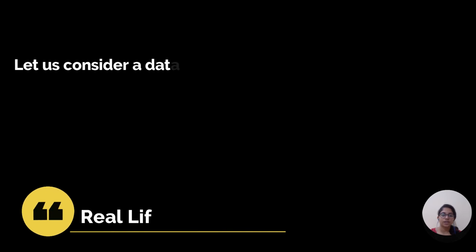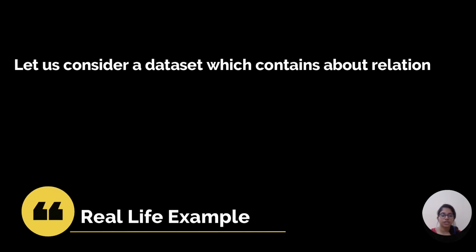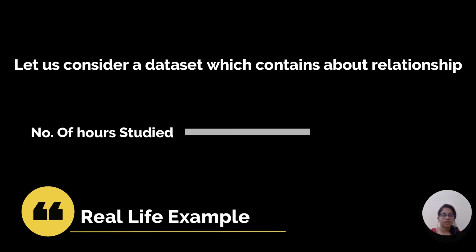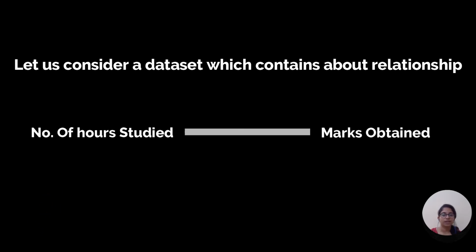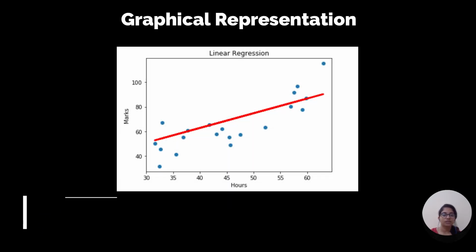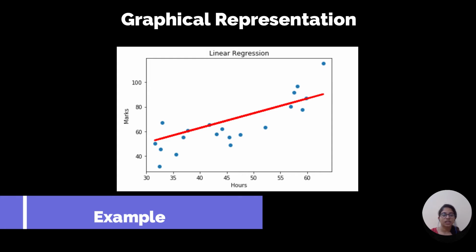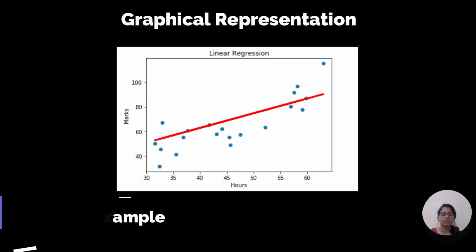Say we have a data set which contains information about the relationship between the number of hours studied and marks obtained. Many students have been observed, and their hours of study and grades are recorded. This will be our training data, and our goal is to design a model that can predict marks given the number of hours studied. Using this training data, a regression line is obtained which gives minimum error, and the linear equation is then used for our new data.